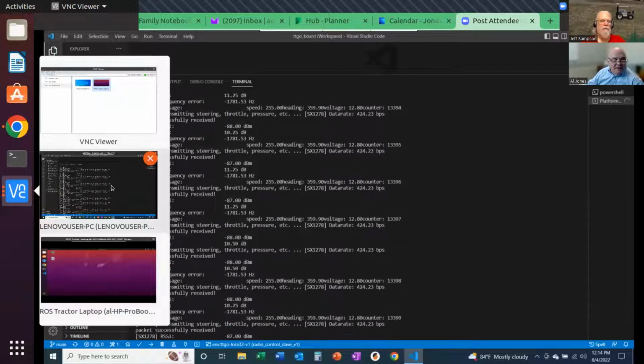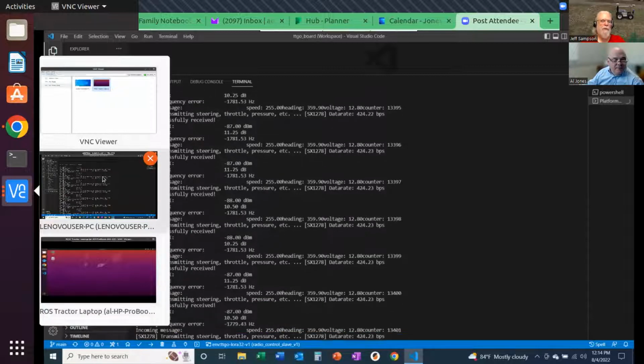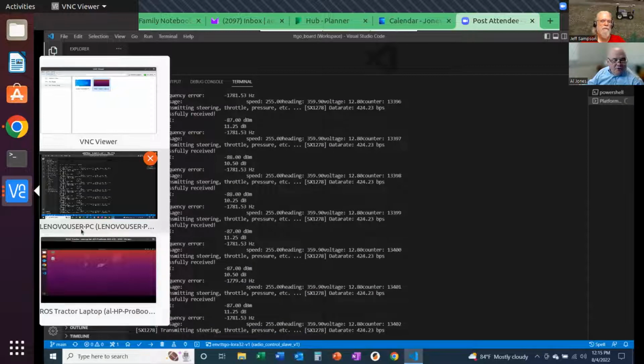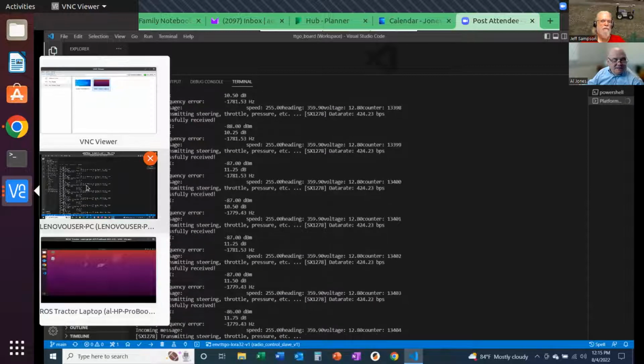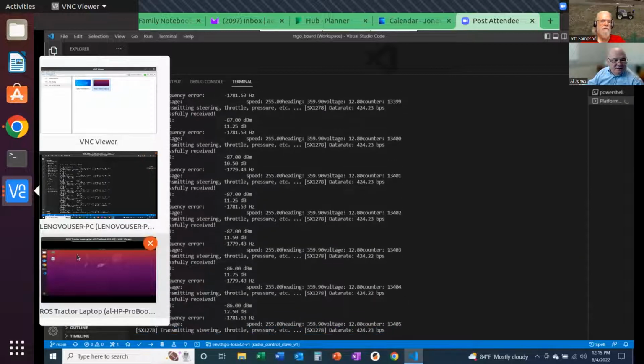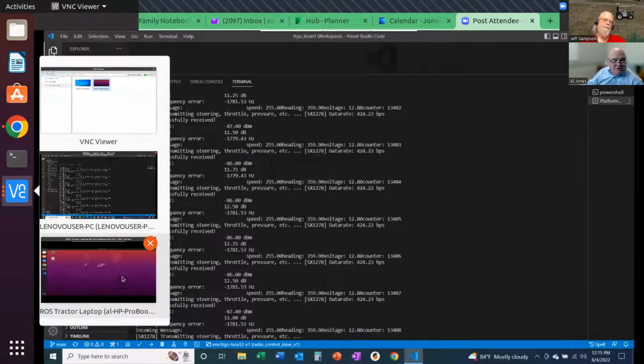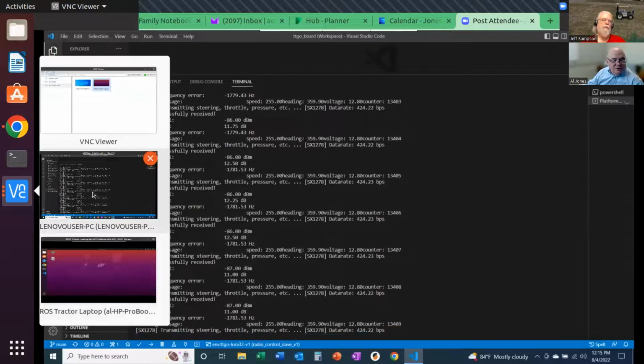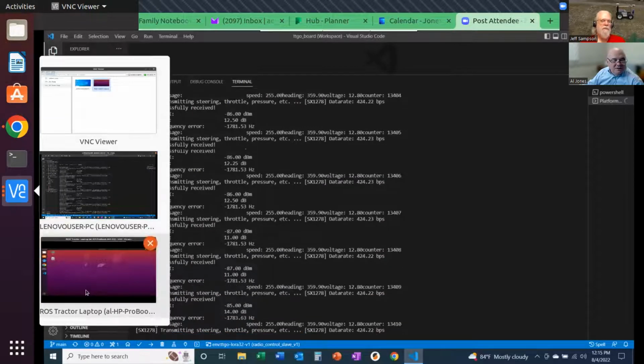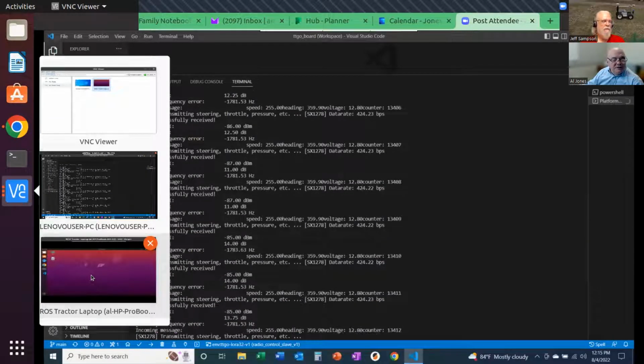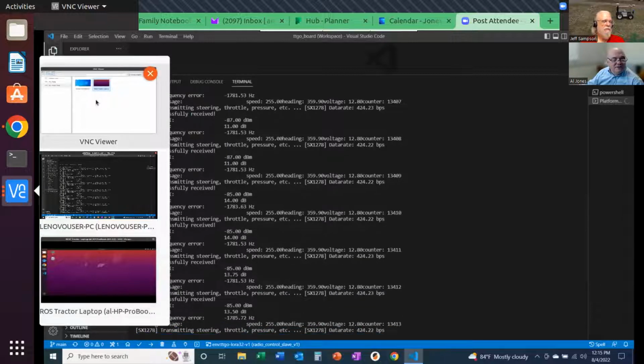So here again, you can see this says Lenovo user, but consider it the master, and then this is the tractor laptop, which is running Ubuntu. This is running Windows 10, and this one is running Ubuntu, and this is just the user interface to this